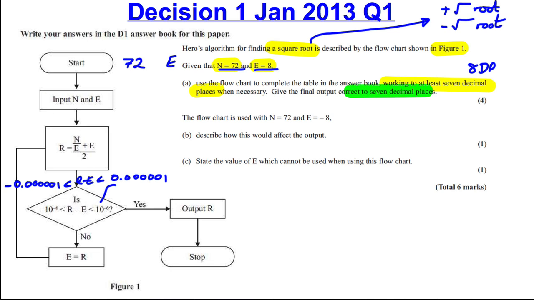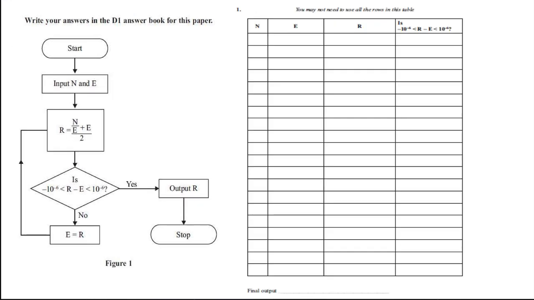Okay, so let's have a go. Let's input 72 and 8. So we put 72 here in our table and we put 8 in here, and we go to this and work out r. So we do 72 divided by 8 plus 8, and then we divide all that by 2, and we get r is equal to 8.5. Now, if you do r take away e, you get 0.5. And 0.5 is not between